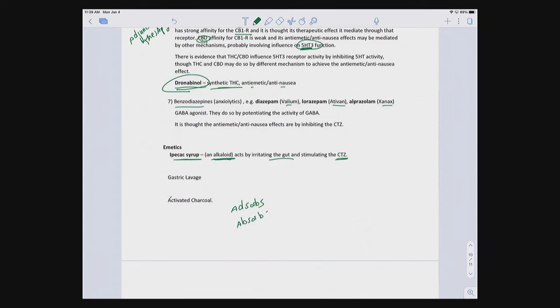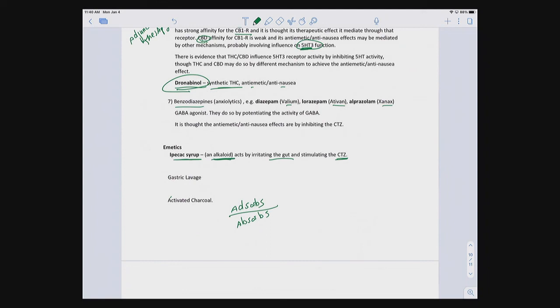So those are two different things. Please look it up if you don't know the difference. Adsorb is what charcoal does. Activated charcoal is basically charcoal that has undergone a series of chemical processes. And the idea is that you want to maximize the surface area to volume ratio, because the way charcoal adsorbs molecules is a function of how much surface area it has. You want the most surface area. So activating the charcoal means you've maximized the surface area of the charcoal so it does a better job of